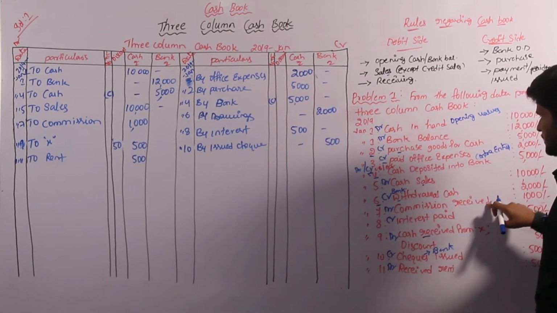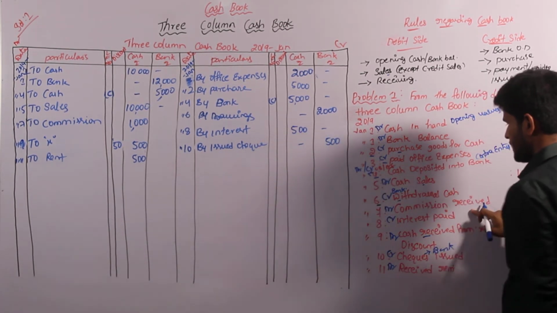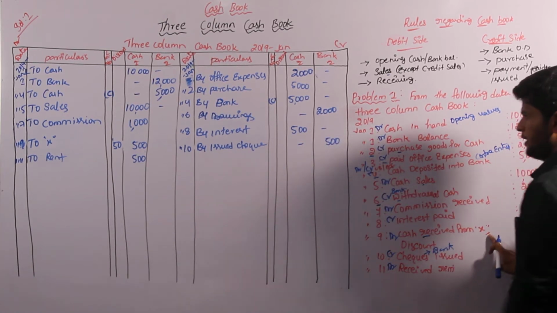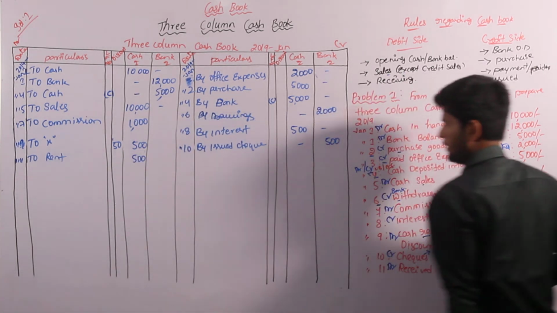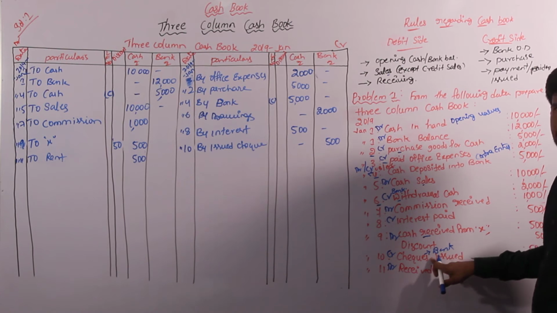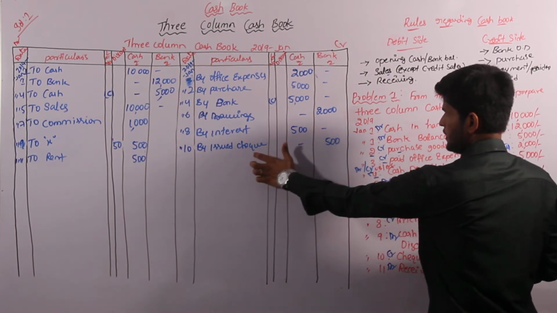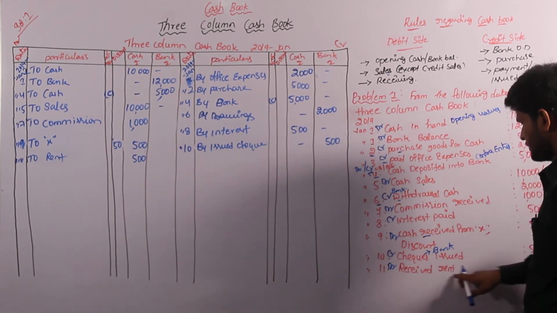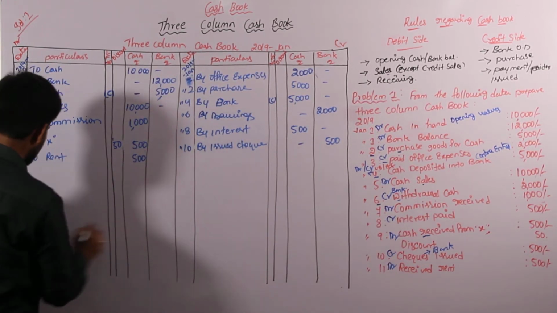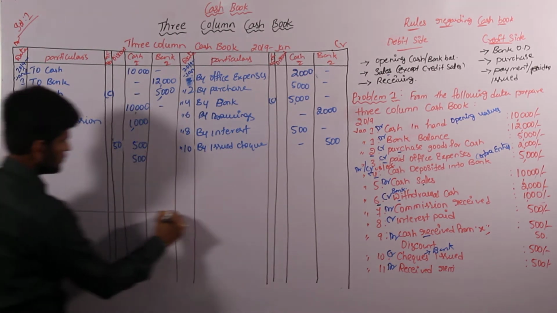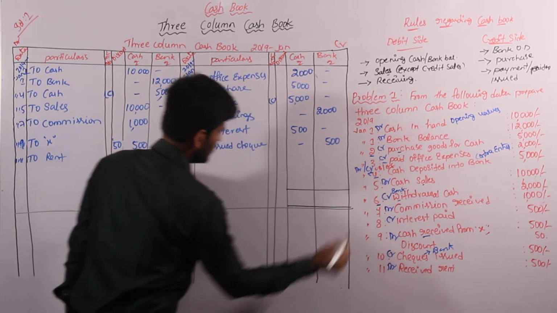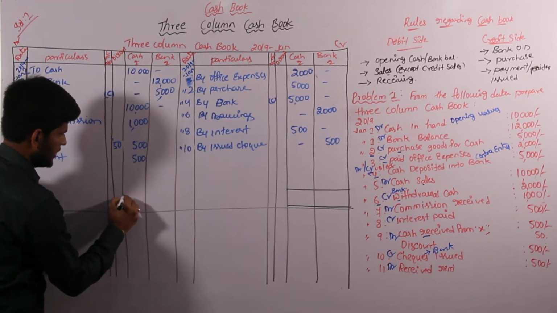Next, commission received. Commission received is also completed on the debit side. Interest paid is also completed. Cash received from X on 9th is also completed along with the discount amount. Next, cheque issued. Cheque is nothing but a bank column item, so the issued cheque we have entered in the bank column. Received rent is also completed. Now we have to finalize the values. Underline the total values and give two parallel lines to these two columns, that is debit and credit.